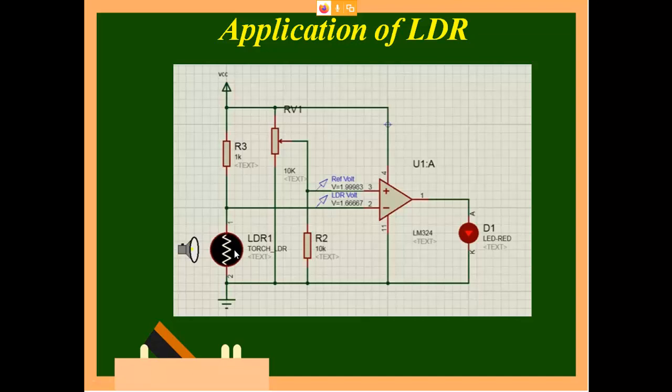Once I have brought it very close, the voltage drop is there. You can see now the voltage at pin 2 is less than the voltage at pin 3, because this resistance is fixed and only this resistance is falling. Previously there was no current flow, similar to an open circuit. Now current starts to flow, and obviously some voltage will drop, and due to that drop this voltage has come down from 4 volt to 0.6 volt. So now this LED will glow, and if you want the reverse of it, you can just interchange the terminals and use it.